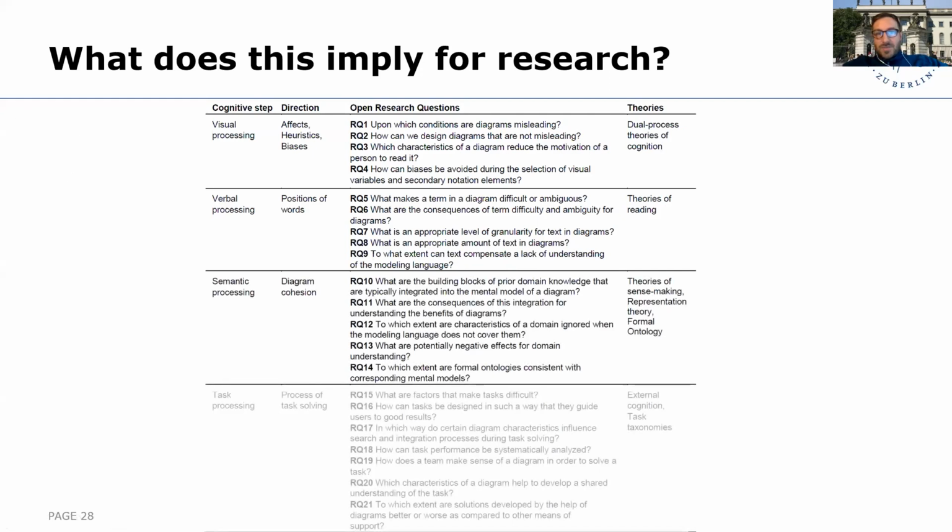In terms of diagram understanding, there's a lot of things that we can consider in terms of what research into sense making has been done. There are corner theories like representation theory and formal ontology, which is informative for that. And in particular, if you take the diagram and how far the diagram smoothly or not smoothly integrates with background knowledge, let it be on the ontological level,